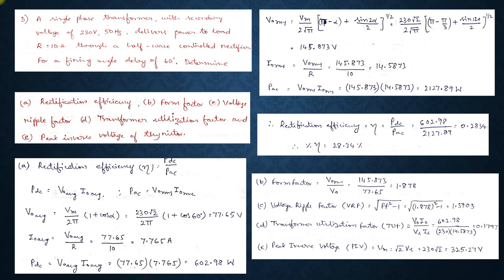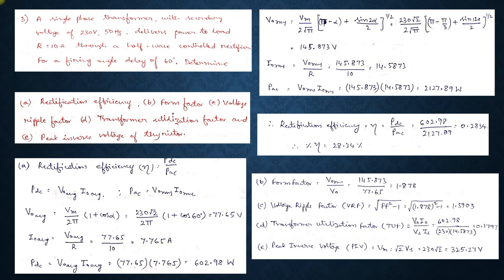Coming to transformer utilization factor, it will be equal to output by input. Transformer secondary output is V naught I naught divided by input, which is VS IS. So that we have to ascertain. IS is the same as I naught in the form of RMS. So you have to take IS equal to I naught RMS, VS equal to VS, that was already mentioned there, that is 230 volt. So simply you will get